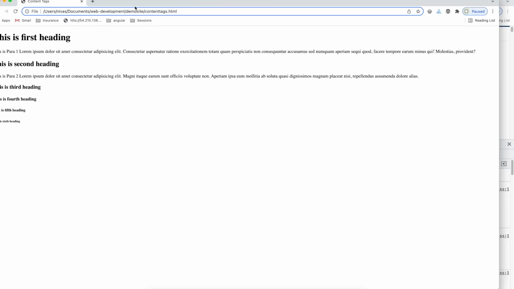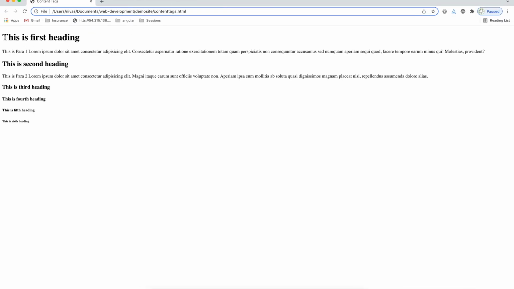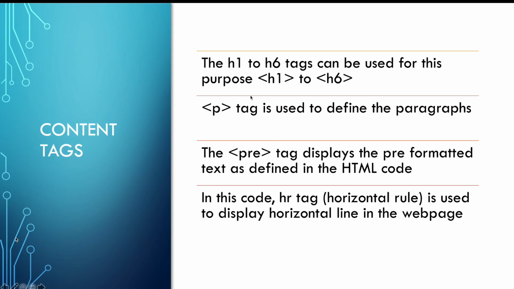You can see now our web page contains one heading and one paragraph. This is the second heading. This is the second paragraph. So we have seen H1 to H6, and we have seen the paragraph tag. Now let's understand